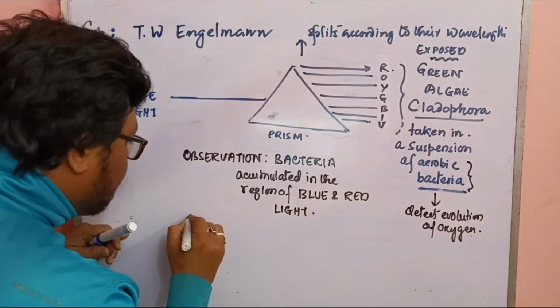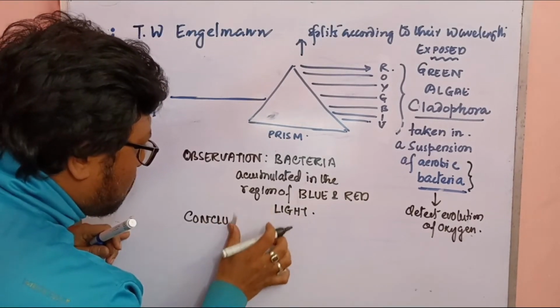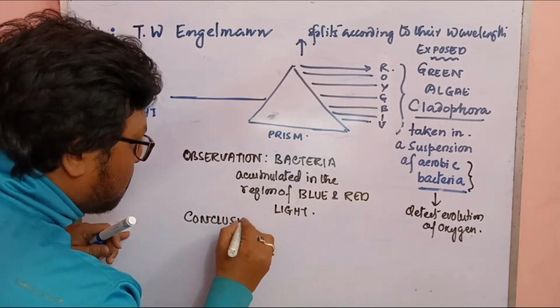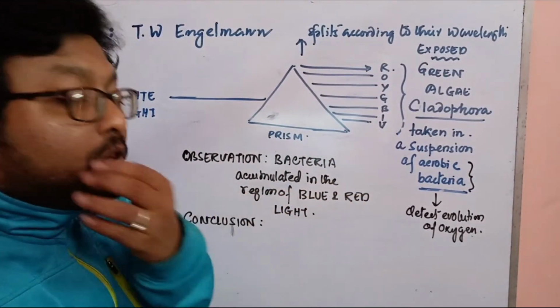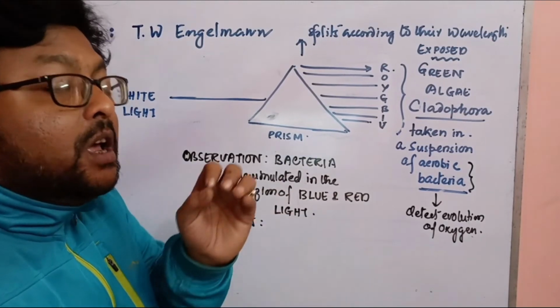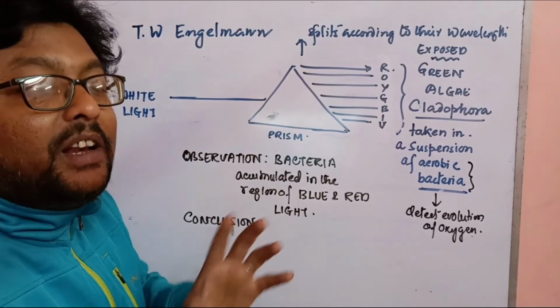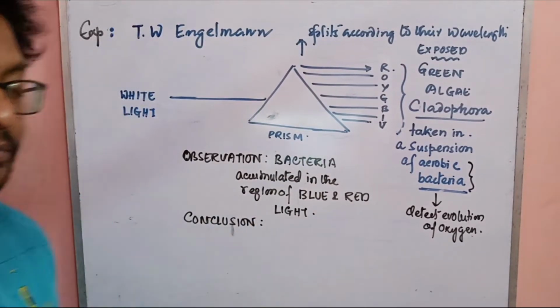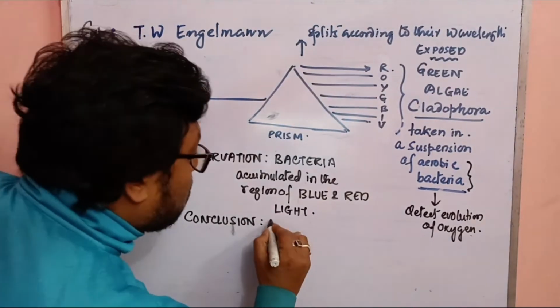Now what can be concluded? What will be the conclusion? Yes, can you derive the conclusion? Blue and red light এ সবথেকে বেশি ফটোসিনথেসিস হচ্ছে বলে সবথেকে বেশি অক্সিজেন জেনারেট হচ্ছে, আর সেই রিজিয়নে সবথেকে বেশি ব্যাকটেরিয়া অ্যাকুমুলেট হয়েছে, কি বলতে পারি না? হ্যাঁ. So it can be concluded that photosynthesis,